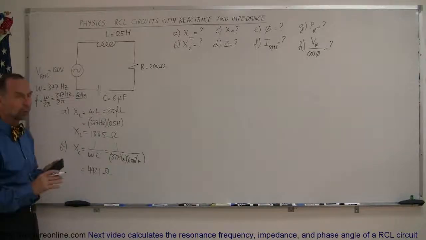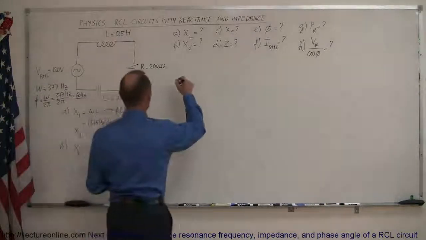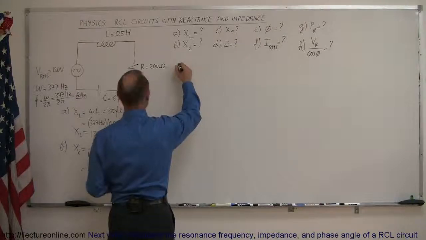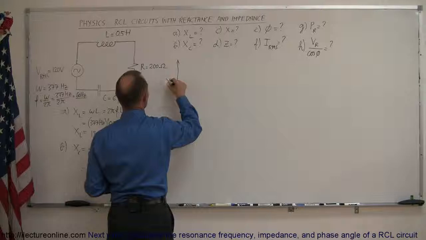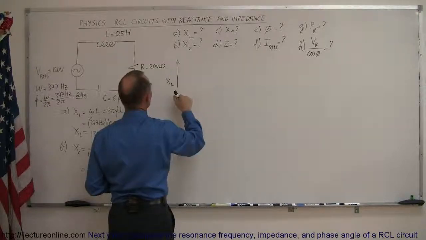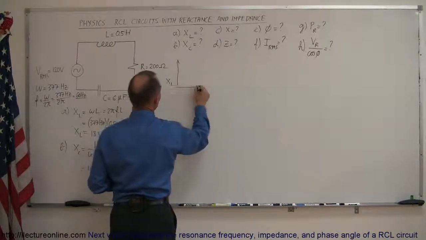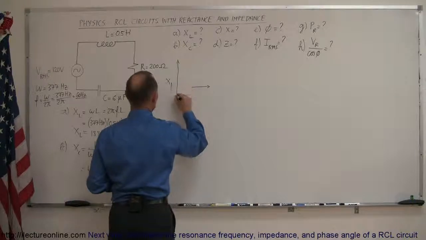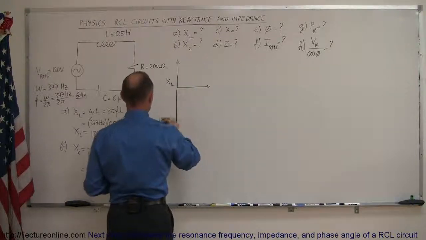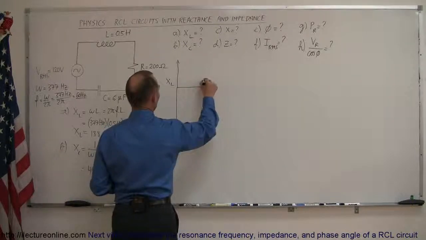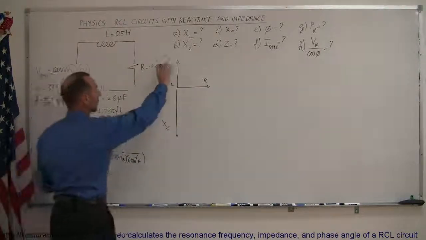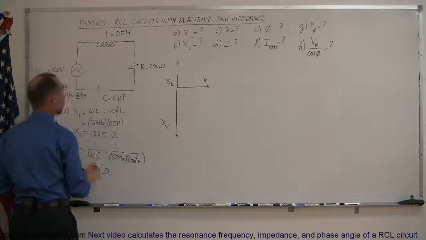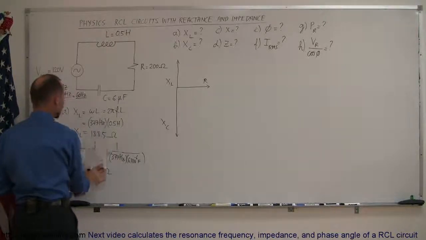Now, before we do that, I'm going to draw a phasor diagram. So we're going to draw the x sub L in the upward direction, because the voltage across the inductor leads the voltage across the resistor. Then we have the resistance here, and then we have the capacitor reactance here. So x sub C, this is R, this is x sub L. And so notice that the length of the vectors are approximately proportional to the value of the reactances and the